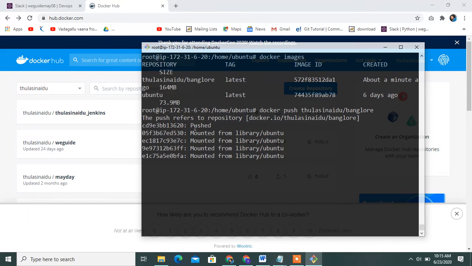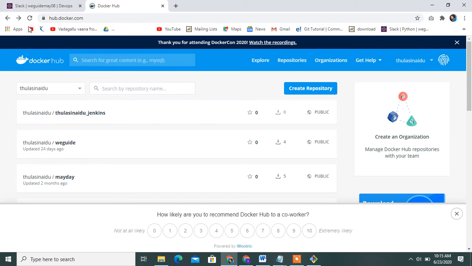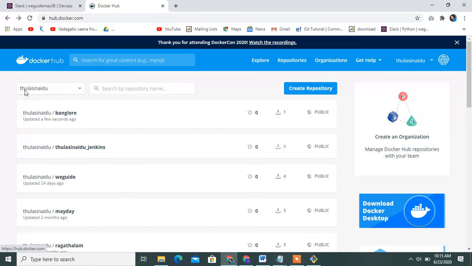Yes, it is pushed. Successfully pushed. Once refresh the Docker Hub repository. Yes, see this, updated a few seconds ago.